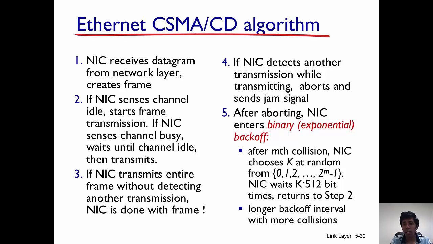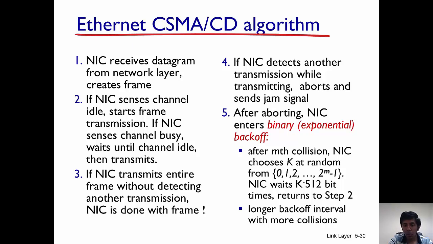when does a node start retransmitting again? So there is a collision that was detected. Now the node can abort its transmission, but then it wants to send its packet or its frame. So the principle that's used is binary backoff or exponential backoff. So the way to look at it is